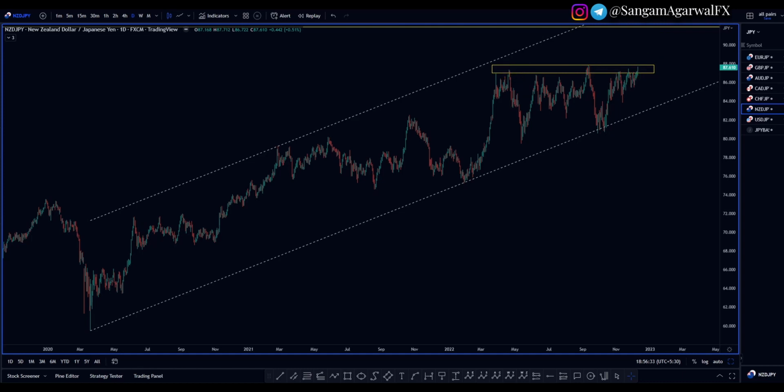But the condition is the same on this pair. It is going up since March when the Fed started QE monetary policy. It went up in both Fed monetary policy QE and QT. And now we need confirmation that this will go up in QE. First sign, first 3 months of next year, that means first quarter of 2023, then we can buy this pair